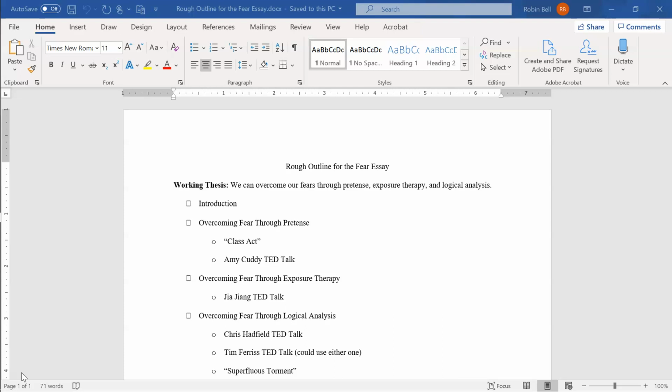But what I have here is a very basic sample working thesis, and when you have a rough outline, basically what you do is you open up a blank file and you put just kind of a descriptive title in the middle. So for this one I just put rough outline for the fear essay. At the very top of the page, you want to put your working thesis, and for me, I like to put mine in bold just so I can emphasize it, because as I am creating the rough outline, I want to constantly look at the thesis so that I can make sure that my big body points are actually tying